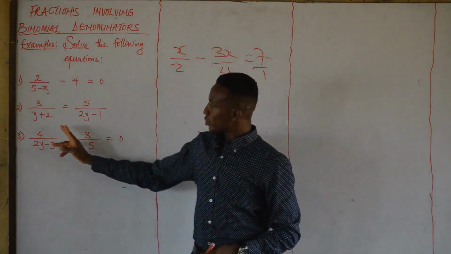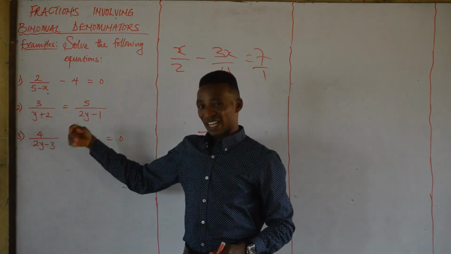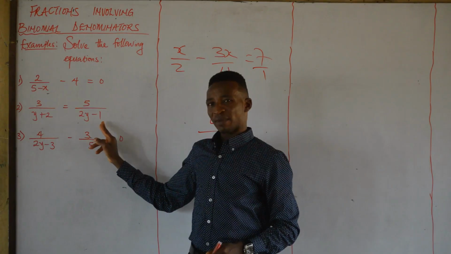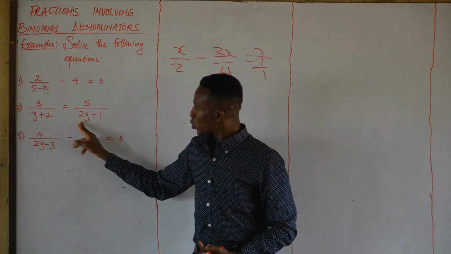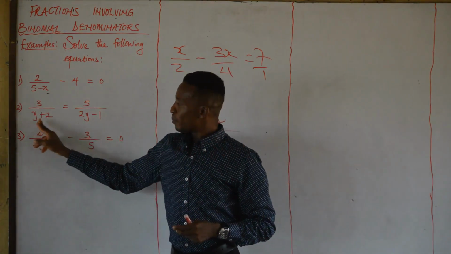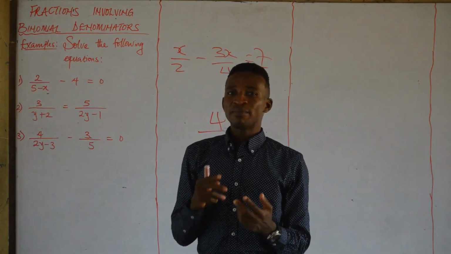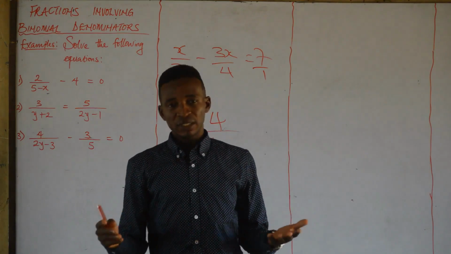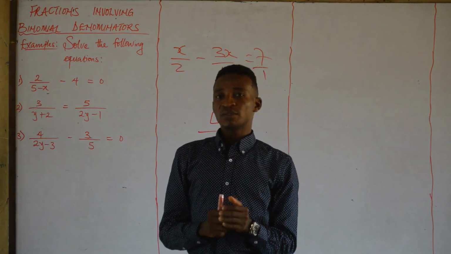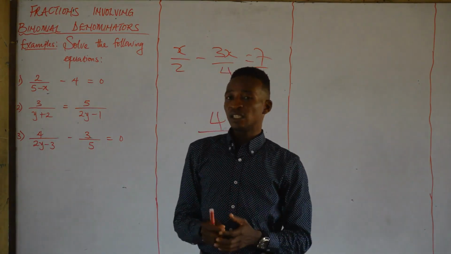Now, when we look at this second question here, we have y plus 2 at the denominator, here 2y minus 1 at the denominator. So 2y minus 1 is bi, y plus 2 is bi. So how do we now solve questions that have binomial denominators? Very simple. What we just need to do is bring out the